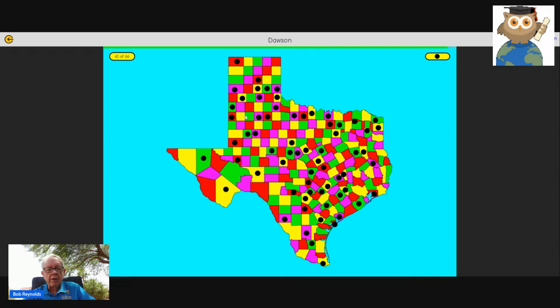Deaf Smith, Dawson, Crockett is a large county. Chambers on the coast again. Chambers. Austin, we're the capital of... actually, Austin, Texas is in Travis County, not Austin County. Brazoria, Cameron at the bottom. Bandera, Borden, Bailey, Comanche,